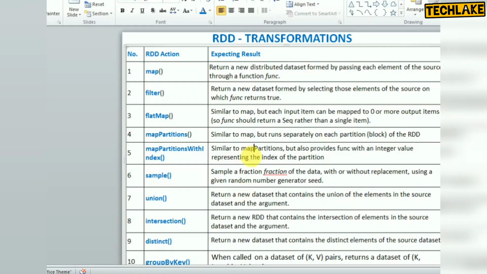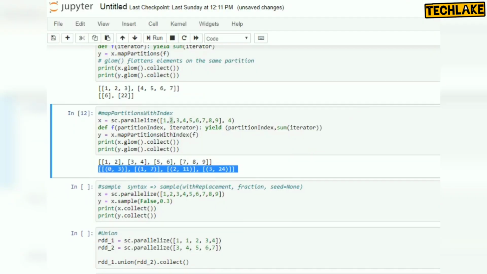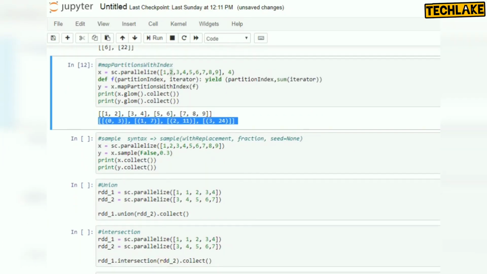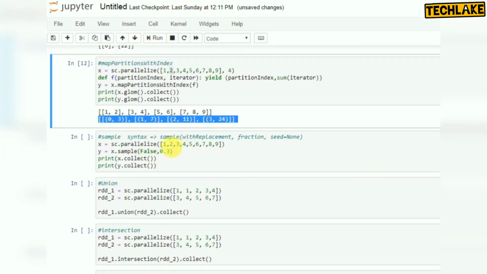So look at another. It's sample. So this sample is like a fraction of the data. If you have a huge list, you can select only a few data. That is called a sample transformation. So let's look at the example of how sample will work. Sample will have parameters. Other methods have only a single parameter, but here we have multiple parameters. By default there are 3 parameters available, but 2 are mandatory and the third one is optional.